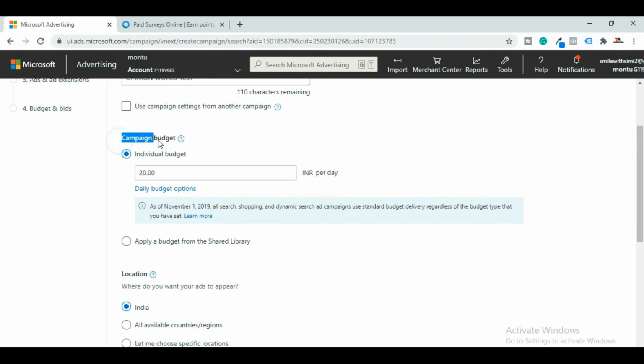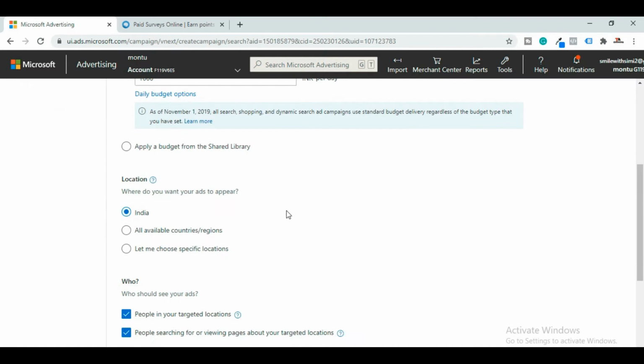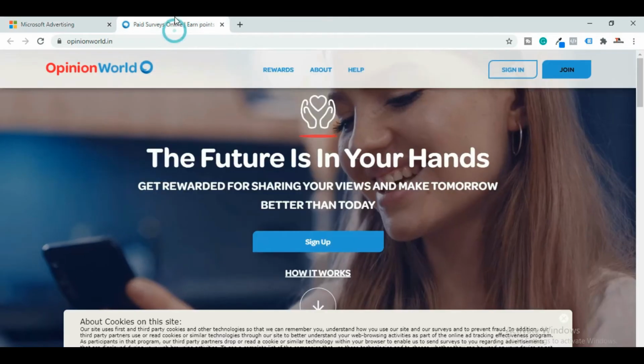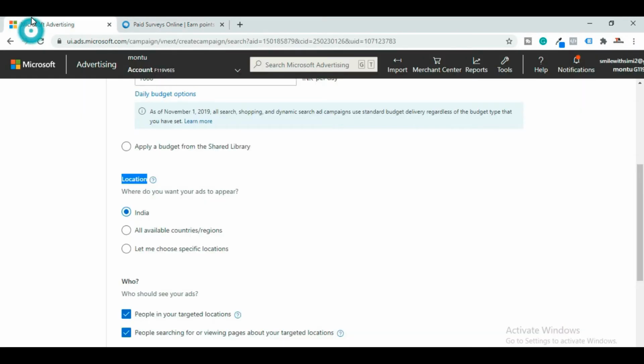After that you have to give the budget for your campaign, the daily budget that you want to spend on your campaign. So we want to spend like 1000 INR per day. Let's put that. And now you have to choose the location, like in what location, what country, what geo you want your website, your landing page to promote. Basically this means from which country, from which geo you want people to land on your website or on your affiliate offer or CP offers.